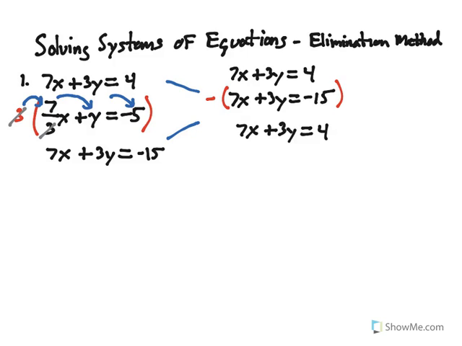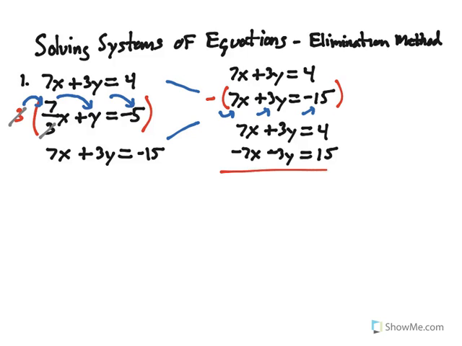Now look at the second equation. When you distribute this negative, that's going to leave you with a -7x. A negative times a positive 3y is a -3y. And a negative times -15 is a positive 15. So now when you add these up,